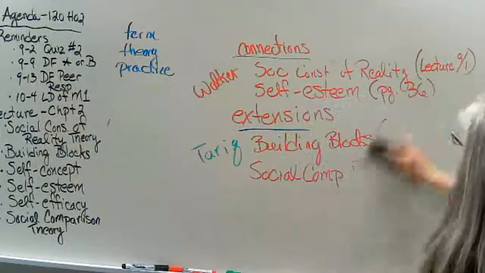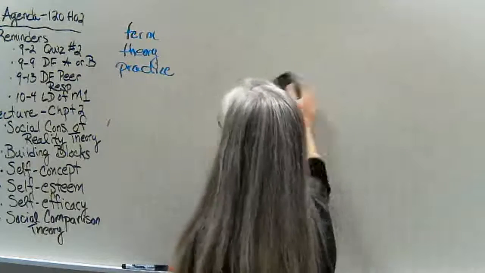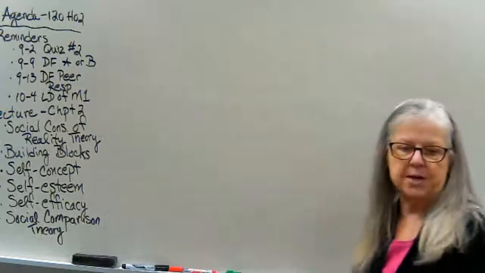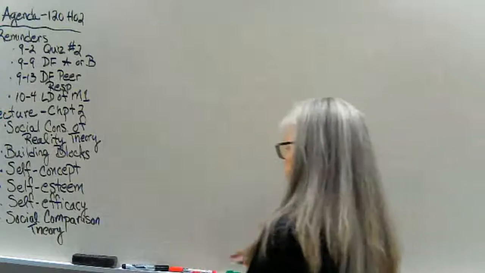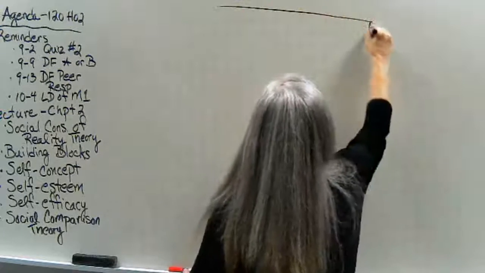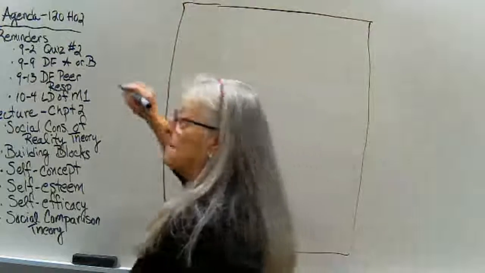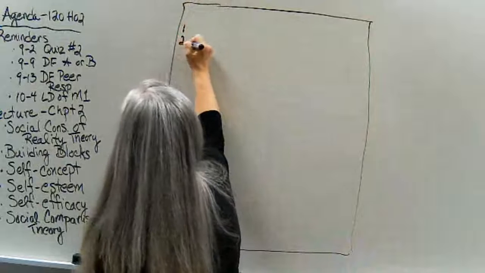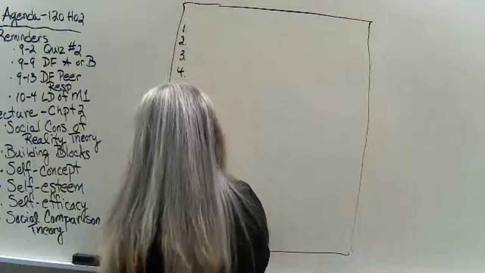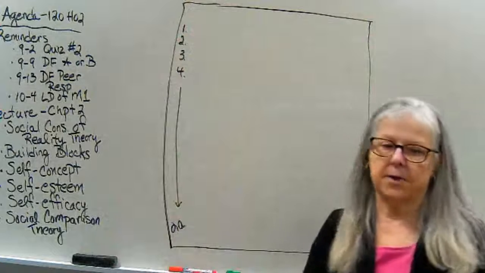Okay, so now, everybody got your piece of paper out? Or you can write it in a notebook, wherever you take notes. You need a full piece of paper. On the piece of paper, you are going to number all the way down to 20. Everybody just number the lines.